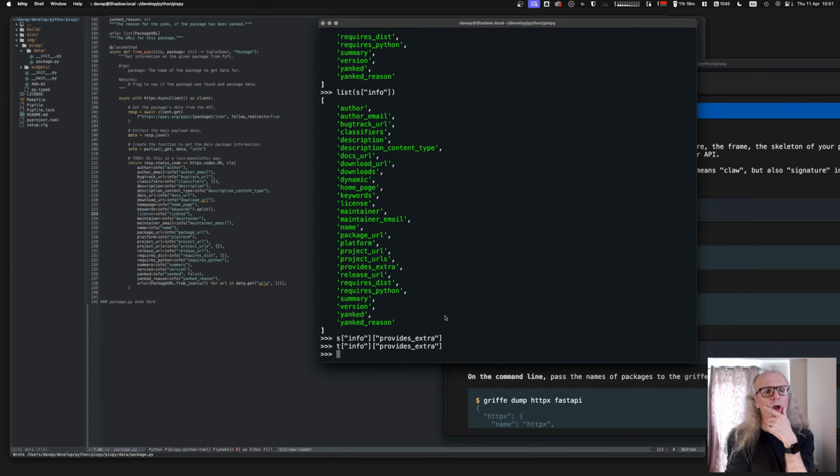Should I worry about that? I'll look back into that one. Release URL, requires dist, requires Python, summary, version, yanked and yanked reason, and then there's the URLs. Okay. That's not terrible. I think actually I'm going to stick with this slightly more structured approach,